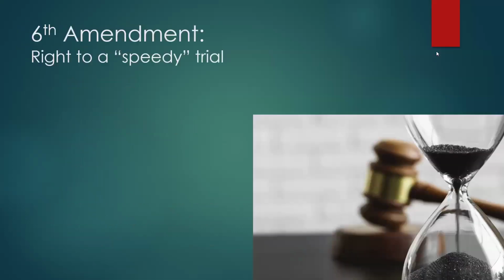All right, another right of the Sixth Amendment, speedy trial. The way that right is protected is through two ways: statutes of limitation and rules of criminal procedure. Statutes of limitation refers to the amount of time that may pass from the event of the crime to the date on which the defendant is charged for committing it. These time limits will vary by crime, and they are provided by statutory law within each state.